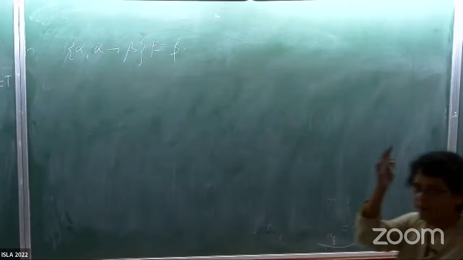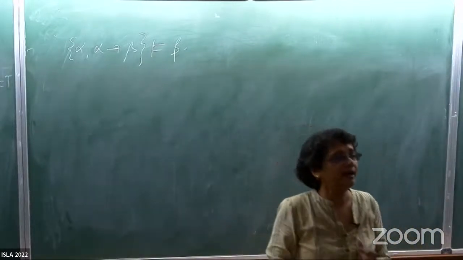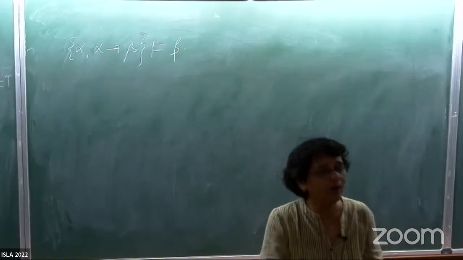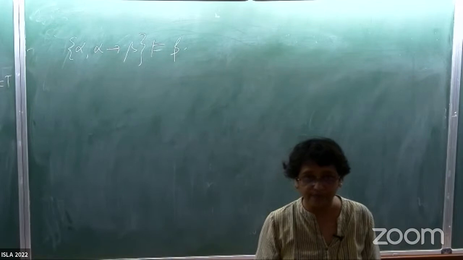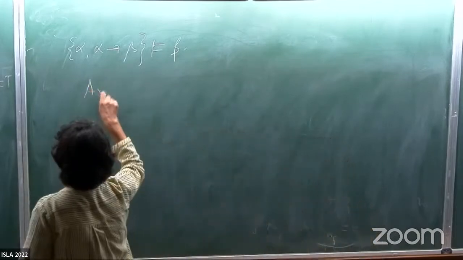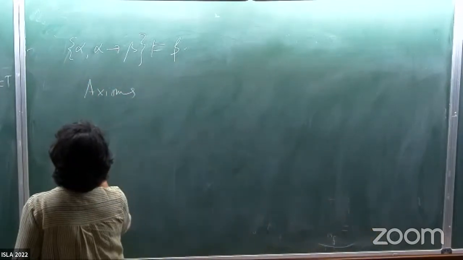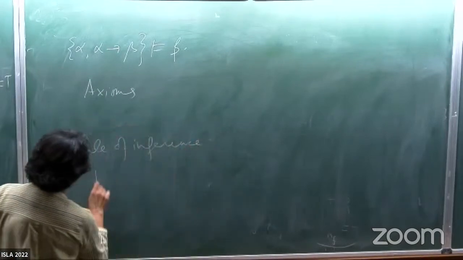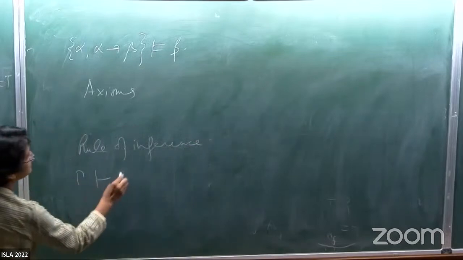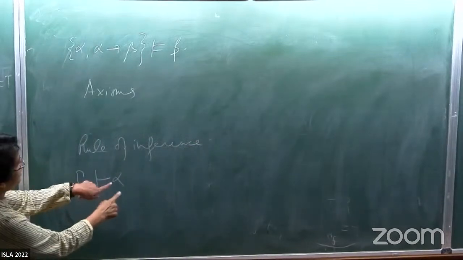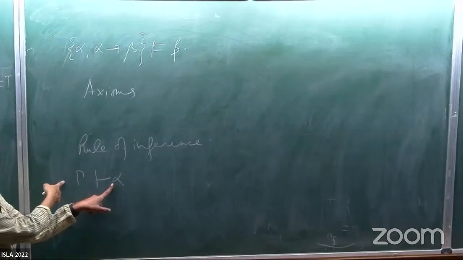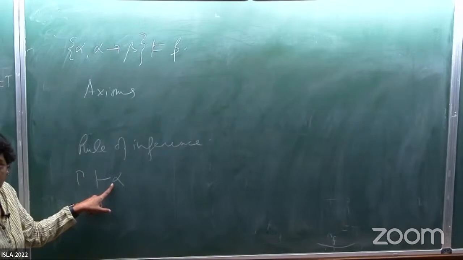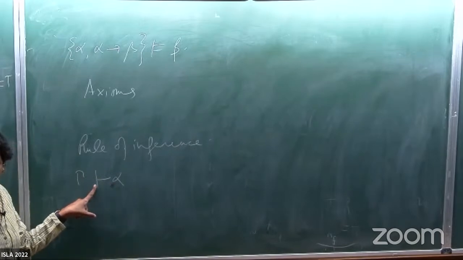So on the one hand, we had the tautologies. On the other, we are now talking of a deduction procedure where we make no reference to truth or falsity. We simply have a collection of axioms. We have a rule of inference. We introduce what is called a syntactic consequence. So that will be alpha can be proved from gamma, and nowhere in this procedure do we refer to true, false, or anything. All right. So this is a different consequence relation altogether.